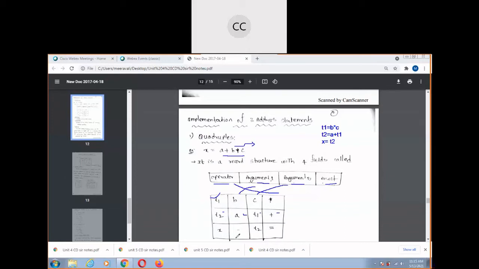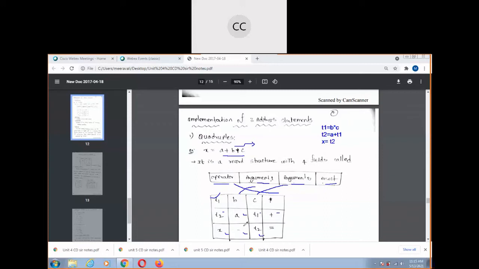It is not required every time to have two arguments. Some statements may have a single argument also. Here, just assigning T2, and the result is stored into X. So that's it. These are nothing but the quadruple representation.